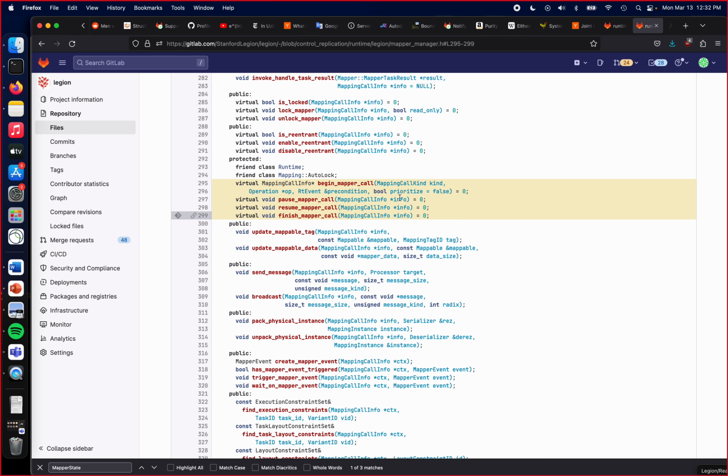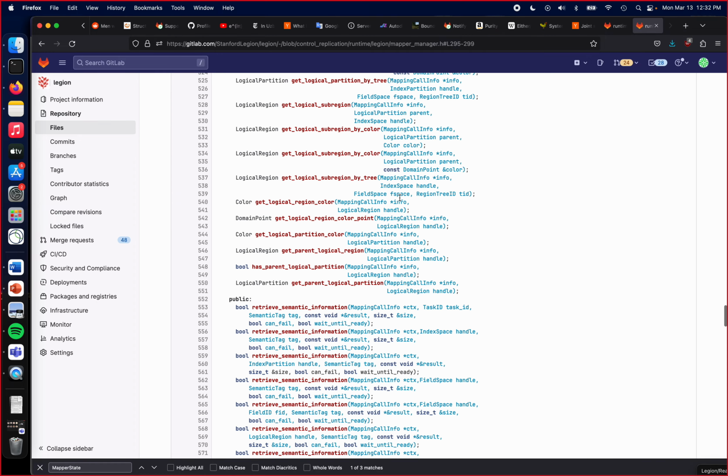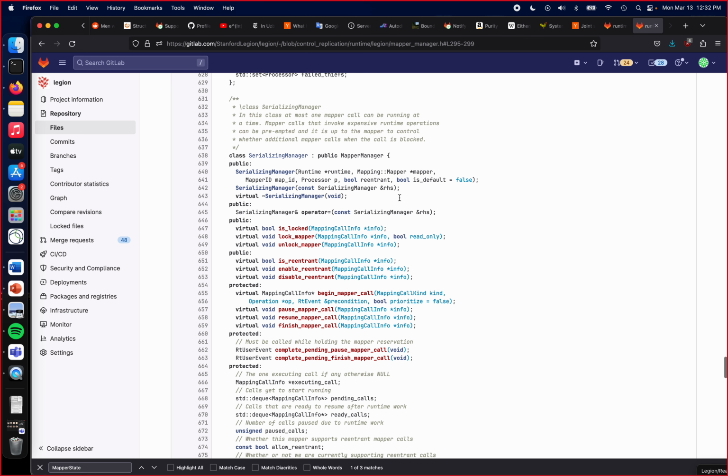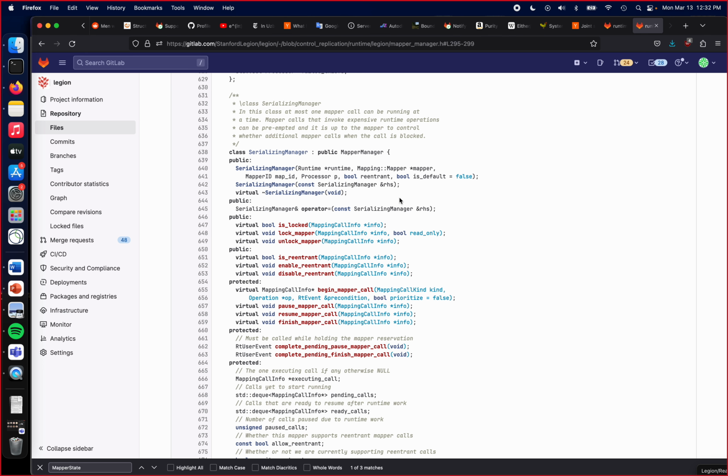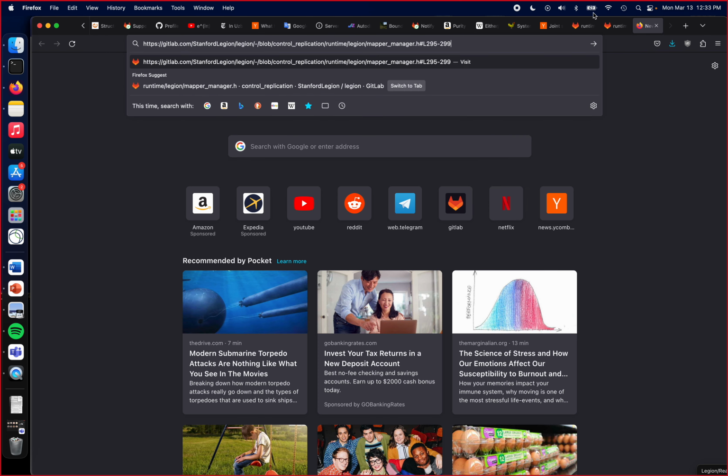And there are going to be different implementations. There are two different implementations of this mapper manager class. Let's scroll down here, and there's a whole bunch of stuff in this mapper manager class, but there are actually two different instantiations of it. The first is a serializing mapper manager. In the mapper interface, mappers can request different synchronization modes of the runtime. So just for familiarity, for people that might not be familiar with this,